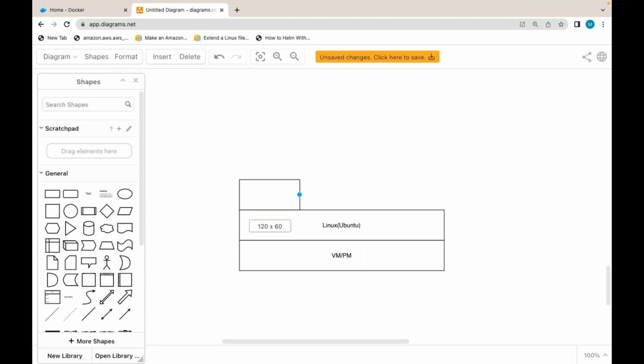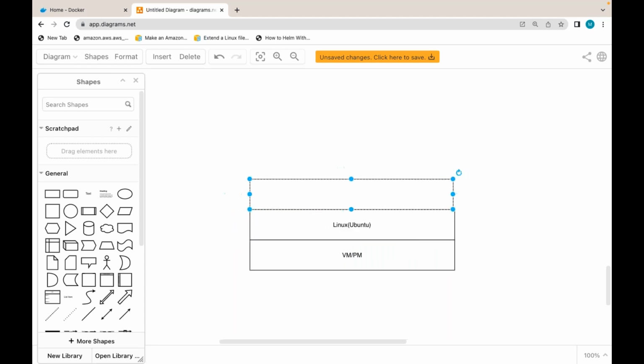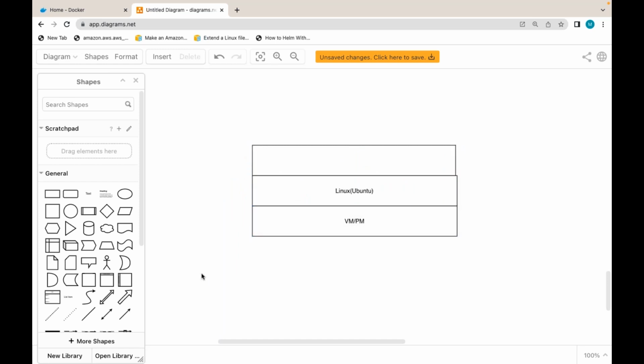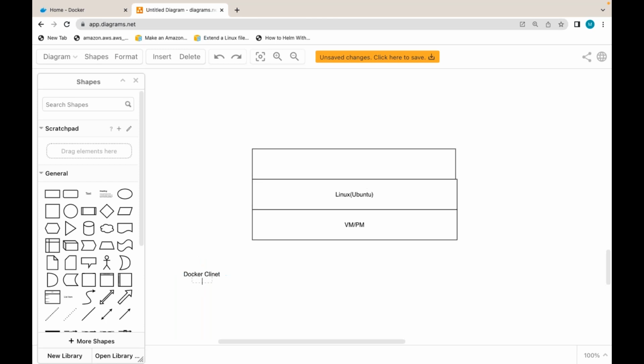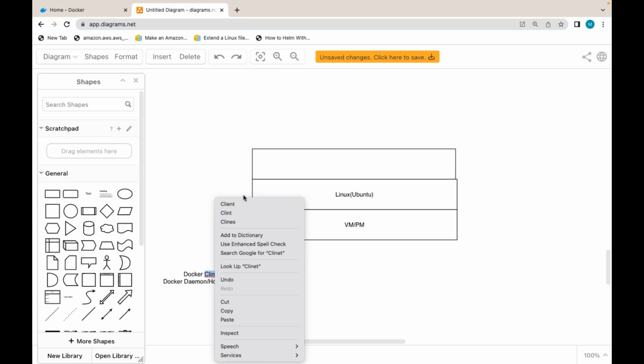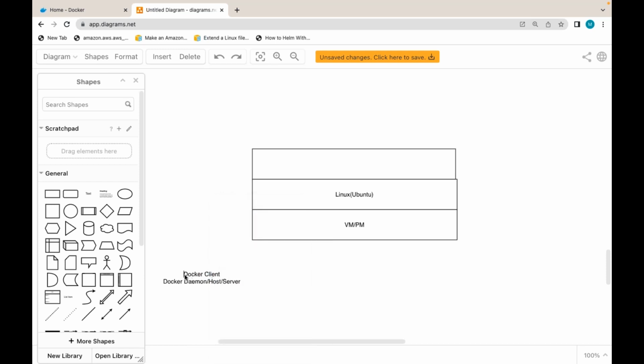There are two things here: one is the Docker client, and the Docker daemon, or I can say Docker host or Docker server. All are same. This is one component, Docker client, and the other is Docker daemon, or Docker host, or Docker server.